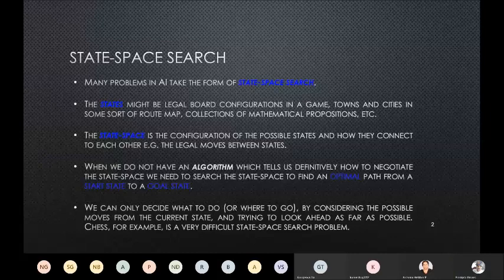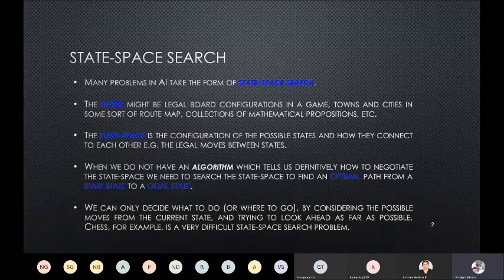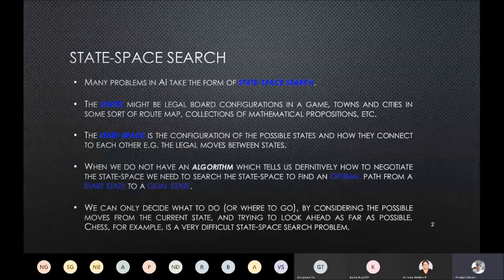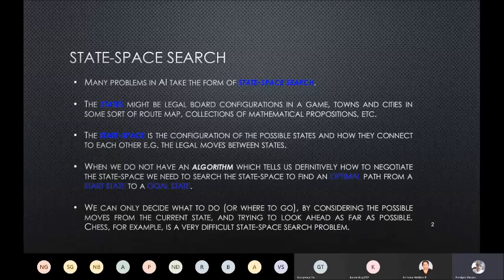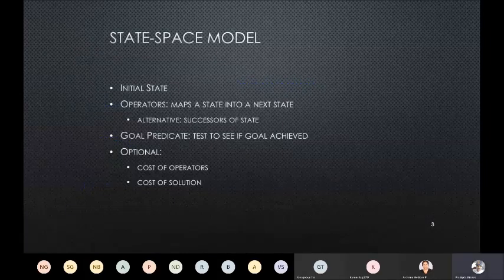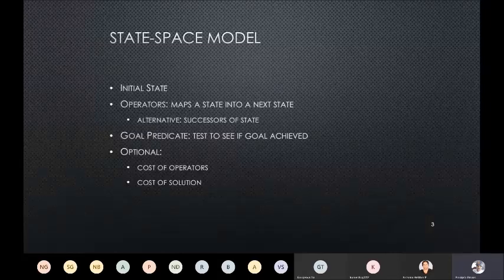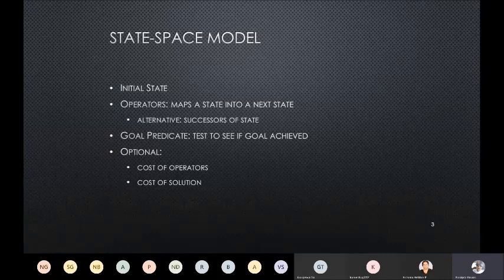And as we said, there should be some notion of moving between the states, that is how we can move from one state to another. So today we look at two different types of this operation for moving from one state to another. One called informed, another called uninformed. We'll look at it. So now I am moving to the third slide. And if anyone is not muted, please mute yourself.